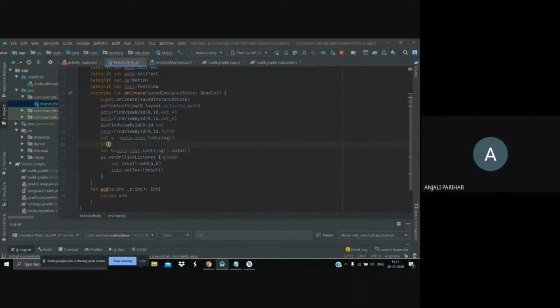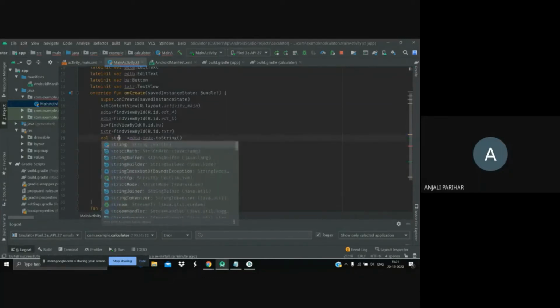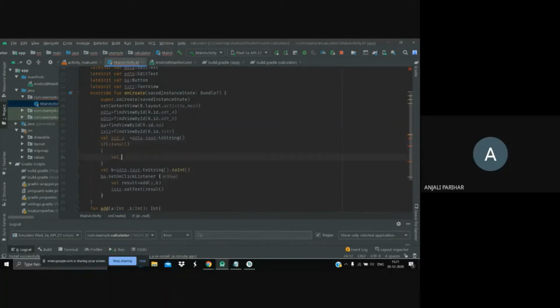Okay, so we must have a check here: if a is not equal to null. So this is a string a, let's say variable a.